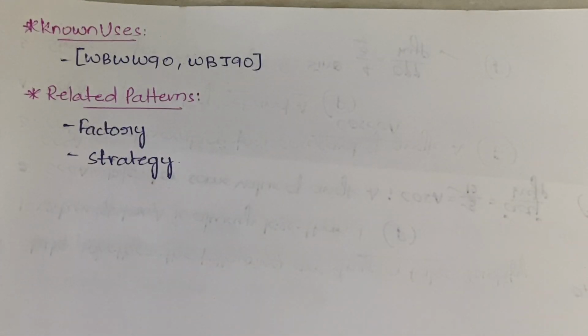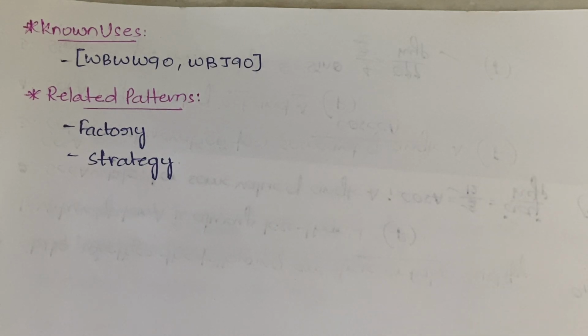So as usual, after implementation, let us move to the known uses. As I always say in known uses, it is not always possible to remember all those things, right? You can simply remember, like, whatever you have written in applicability, based on that some real-time examples you can write. Okay, that's not a matter. And moving over to the related patterns, factory and strategy are the related patterns to this template pattern. Got it? So this is all about the template pattern, and that's all for this video.